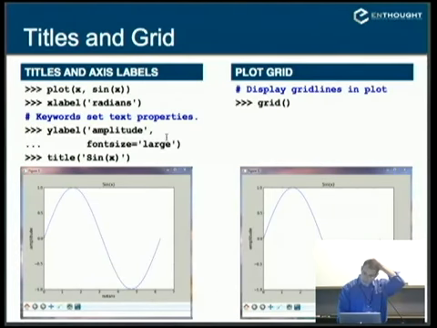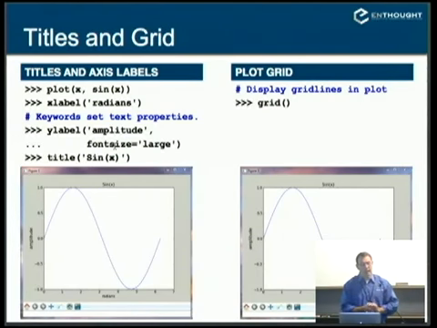All right, titles. You want to put a title on your plot. Here we have plot x versus sine of x. Here we have x label. We have radians down here. We have a y label of amplitude. You can put keywords on here. Again, you want to figure out what these are. You go to y label question mark, and you get help on what all the keyword arguments are